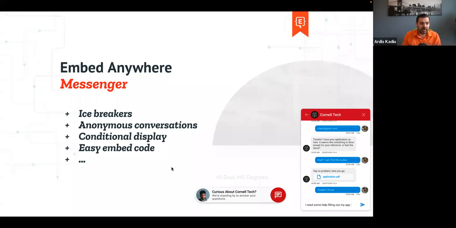And we're hoping that this is the last embed code that you would need from Element, because we're moving towards funneling everything through this one embed code. And conversations and the messenger is the first one that's going to embed through there. We're also going to use the tracking pixel through there as well, so you don't have to have separate tracking pixels if you have conversations with that code embedded. And once we introduce other features, then we're going to do them through that same code, so you don't have to constantly embed things.